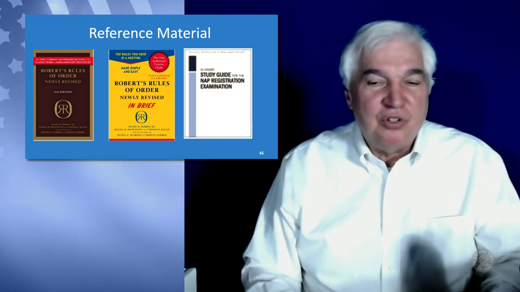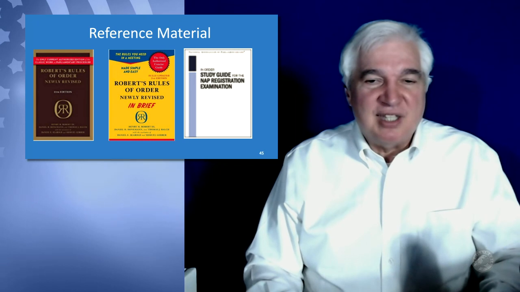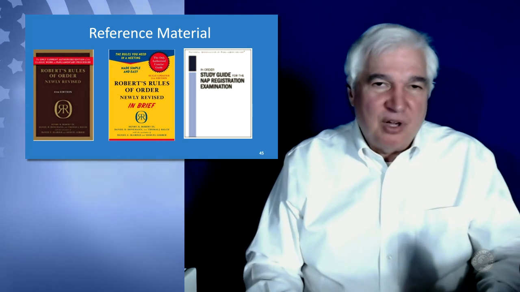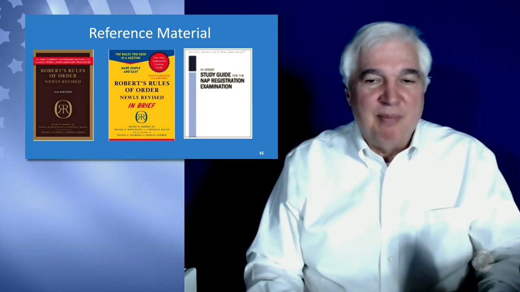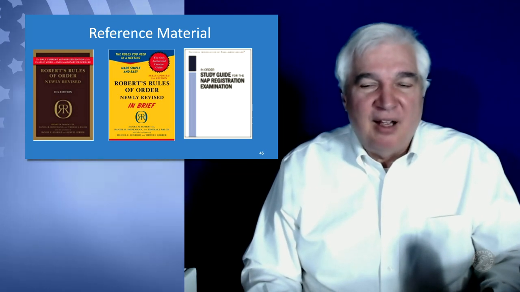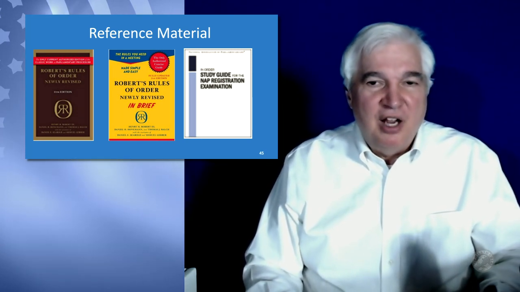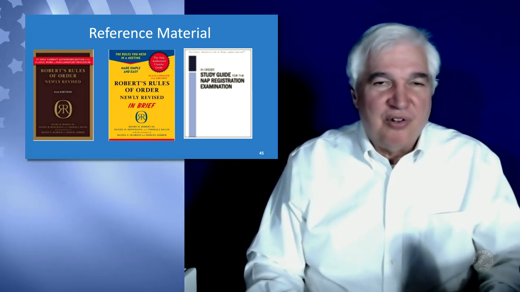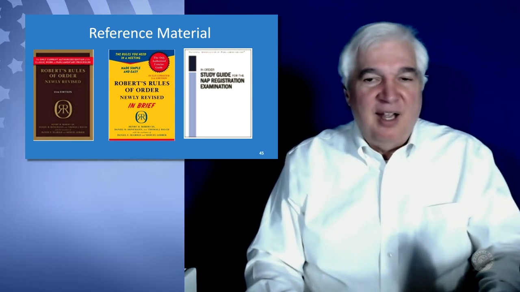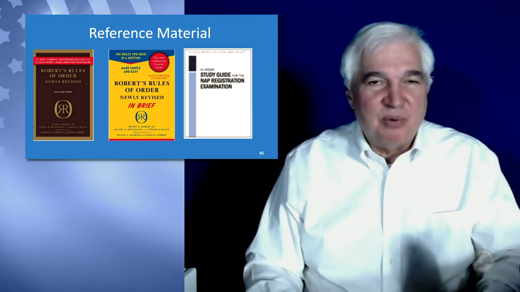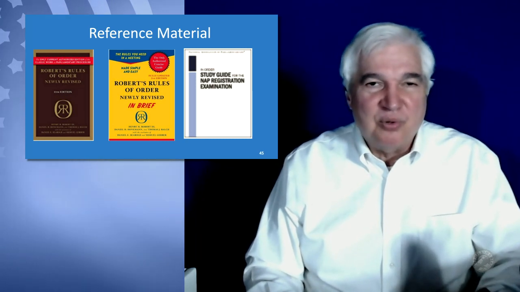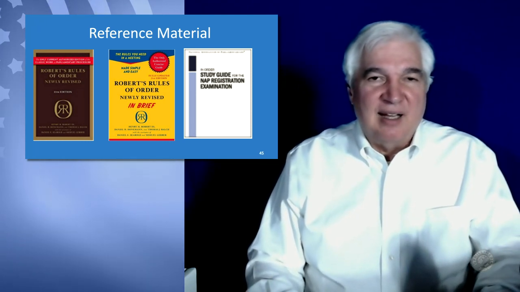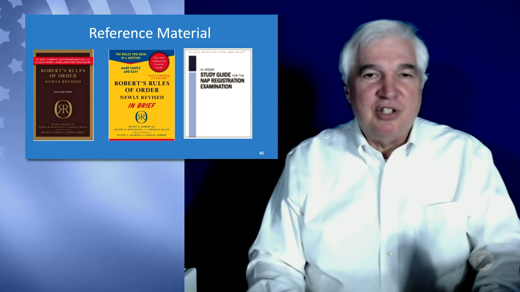The only book you should need for passing the entrance exam is Robert's Rules of Order in Brief, which people can read in a day. So by just reading through that book, you should be able to pass the entrance exam. And then if you're really serious about becoming a registered parliamentarian, you can get the full study guide to the NAP registration exam, which gives you all 1,200 possible questions that could be asked, but is really invaluable for studying the material because it really gets into the fine nuances of Robert's Rules. And by the time you have passed that, you have a good foundational understanding of democracy and parliamentary procedure.